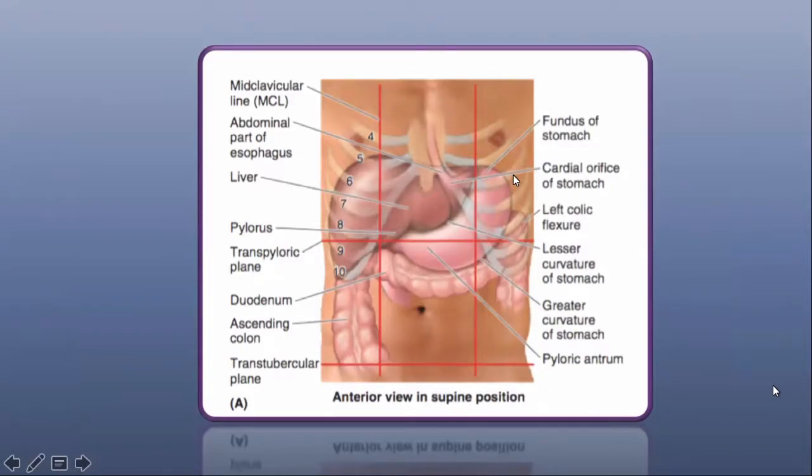Okay. Now, a very important thing also to note is your pylorus. Your pylorus actually passes through the transpyloric plane. That's why it's called transpyloric plane. This is your transpyloric plane. And that transpyloric plane actually transects the 8th costal cartilage. See, that's the 8th costal cartilage. There. Remember that, the 8th costal cartilage. And in terms of your vertebral level, this actually corresponds to your L1 vertebra. Okay? So these are the important